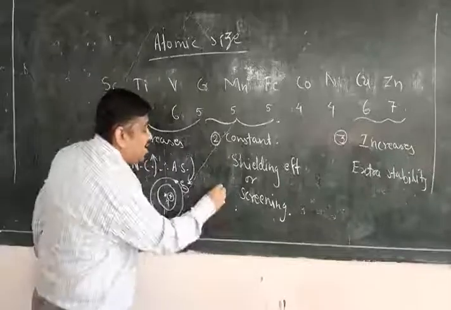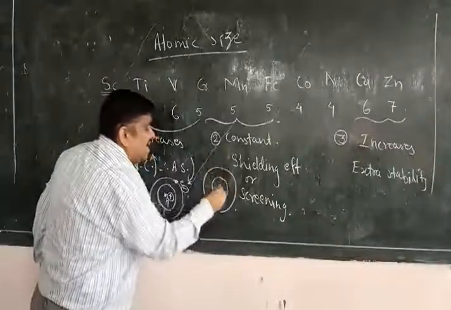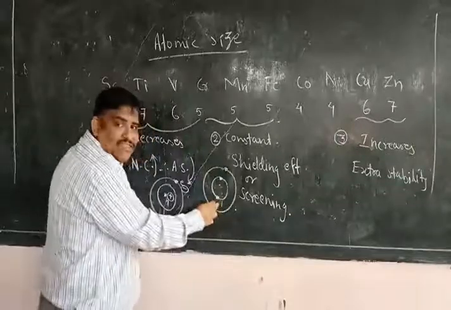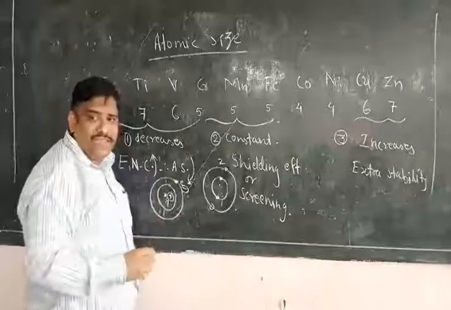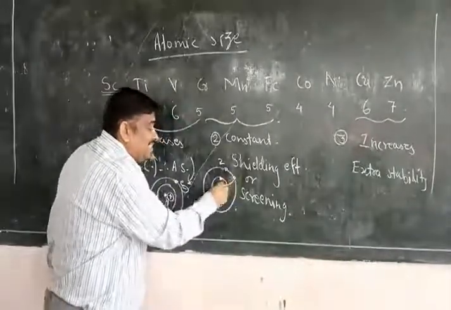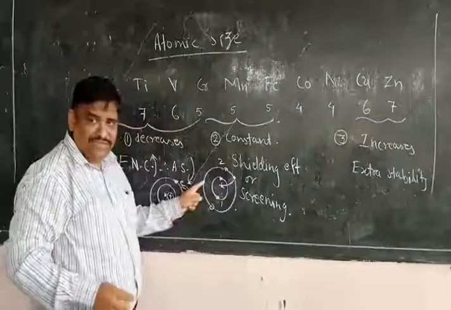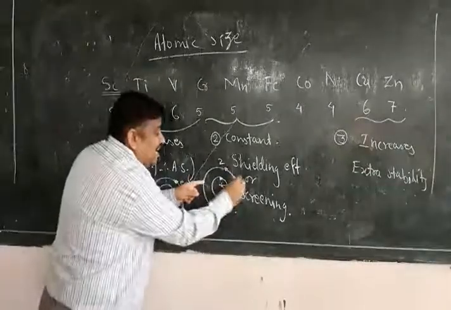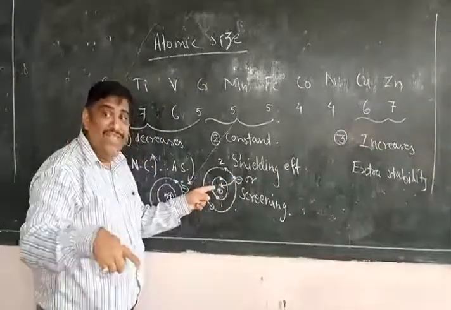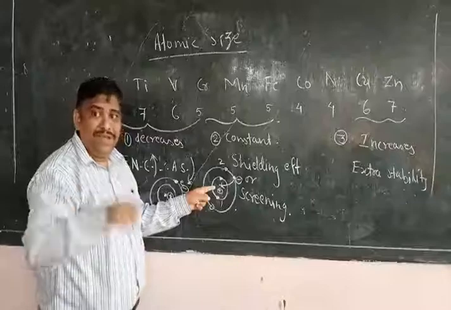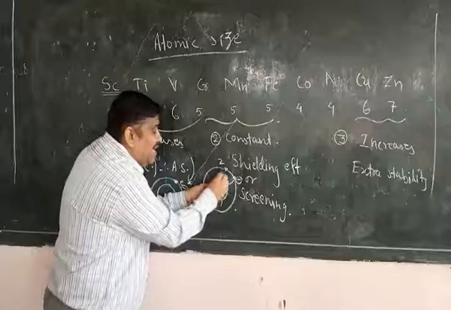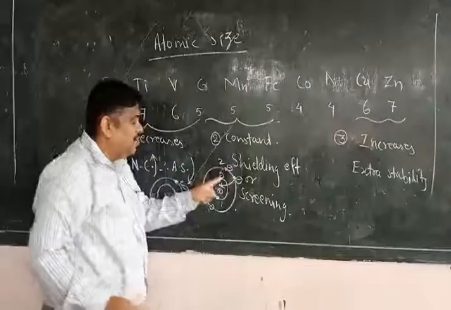Likewise, here the electrons are there in the inner shell and also in the outer shell. In the first shell electrons are there, in the second shell also electrons are there. When you add an electron in the second shell, there is an attraction towards the nucleus. Why is there an attraction? Negative charge and positive charge. But at the same time, there is a repulsion. Repulsion along with the attraction between nucleus and electron. Repulsion between what? Inner electron and outer electron.